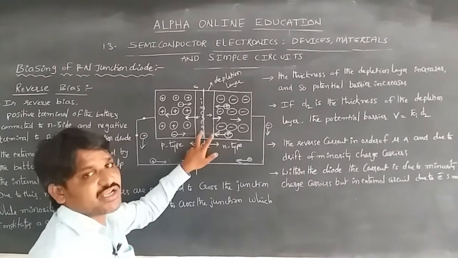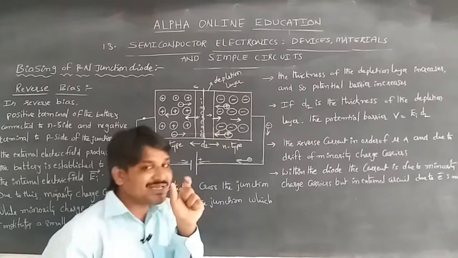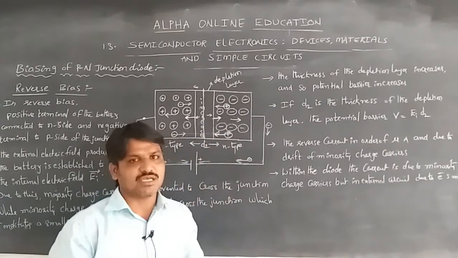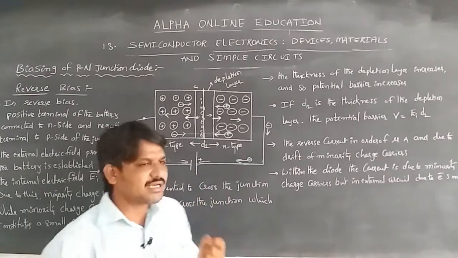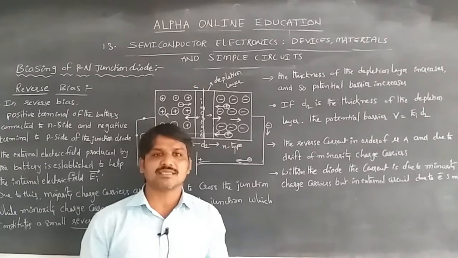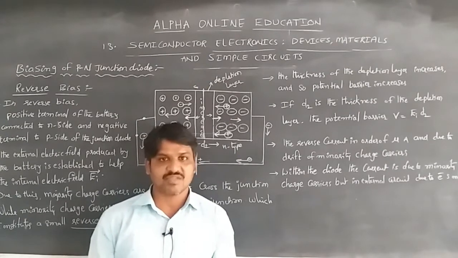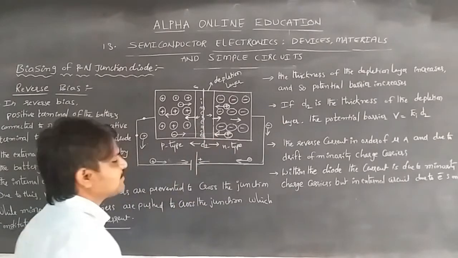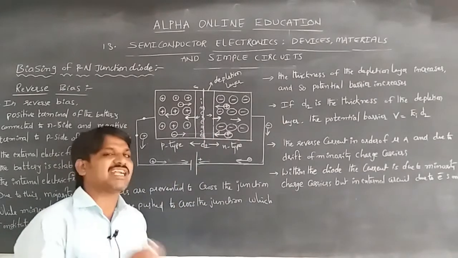The voltage increases abruptly, so that's why there will be a breakdown. When the voltage increases abruptly at that point, that breakdown is called an avalanche breakdown. Avalanche breakdown. So in the case of a reverse biased PN junction